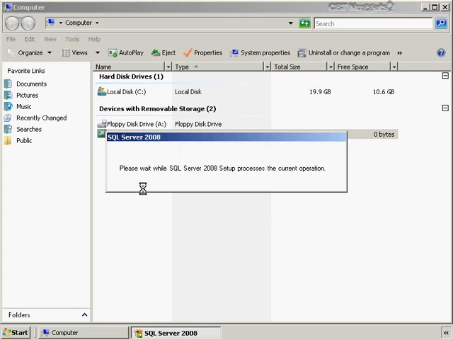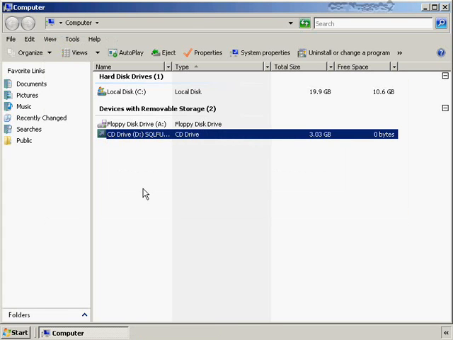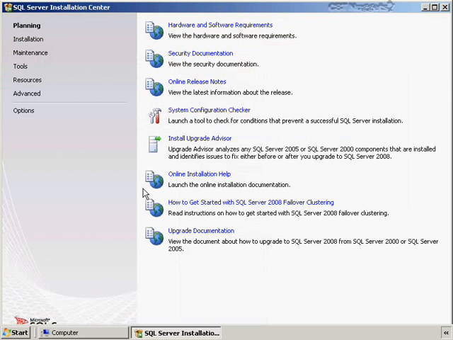Both of those are prerequisites that the setup program itself needs. So if you don't have those, it will go ahead and offer to install them for you. But after it does so, you'll have to reboot your computer and then manually relaunch the setup process yourself. It's not all automated. So once those are installed and ready to go, you're going to find yourself in the